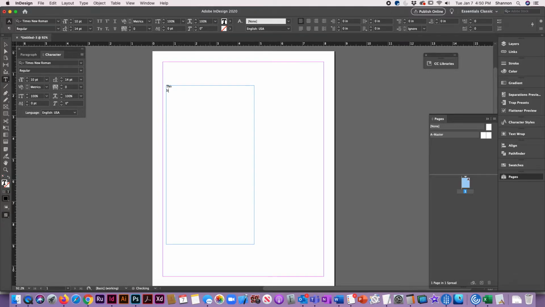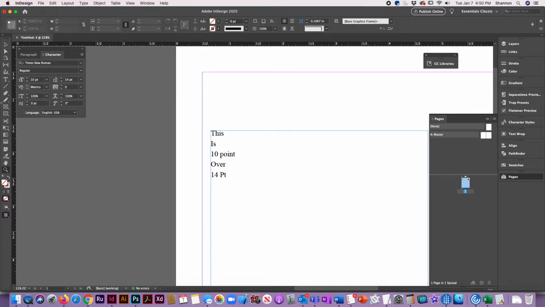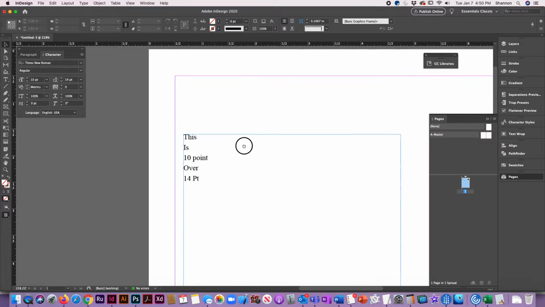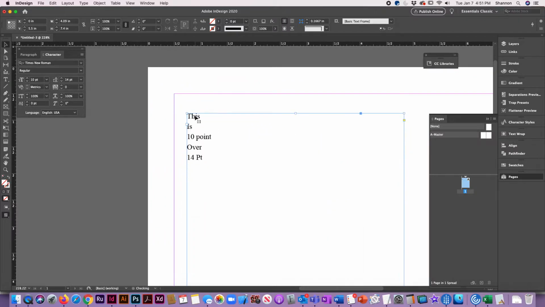And so you can see that this is 10-point type over 14-point. So when I create my baseline grid, I will be able to take this text box and lay it right over those lines. So to create the baseline grid, you need to go up into the actual InDesign settings